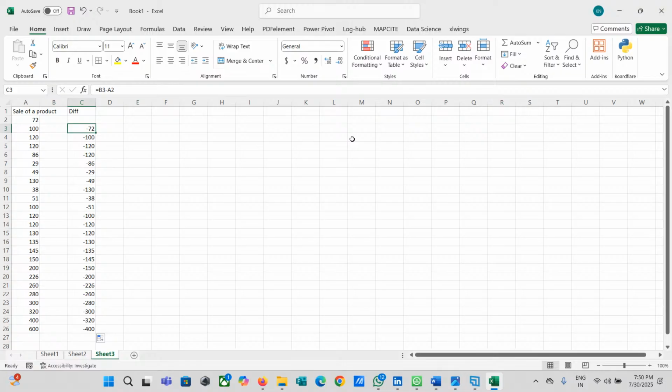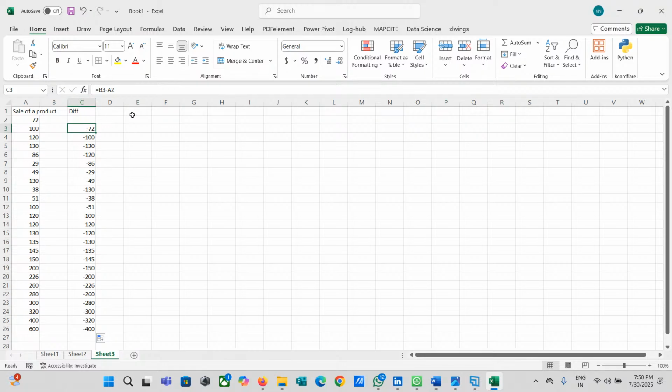Now we have difference data, right? This difference data is my dependent variable. Why? Because this shows some kind of stationarity in the data, right?